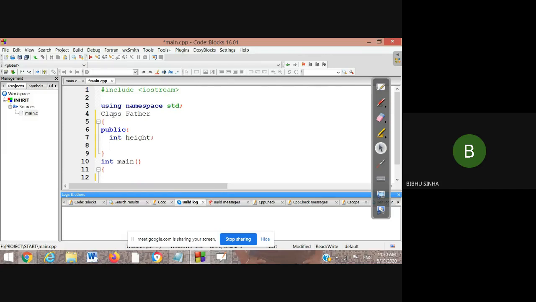Second, we take one method of type void, and we create ask father. In that method, we are going to print some message.